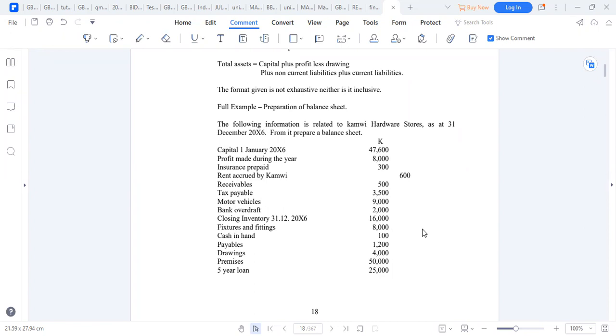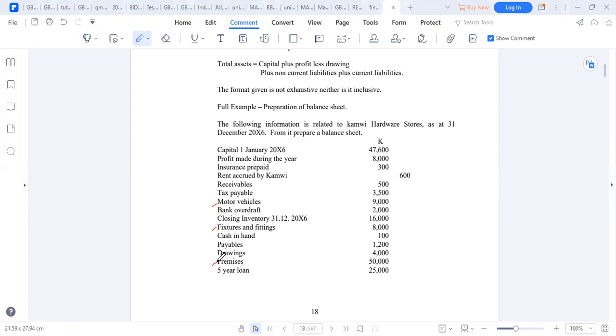So let's start with what? What is on top? The fixed assets. So which fixed assets are there? Let's identify the fixed assets here. Which ones are there? Identify the fixed assets. We have got the motor vehicle. The motor vehicle, correct. We have got also premises. Premises, correct.